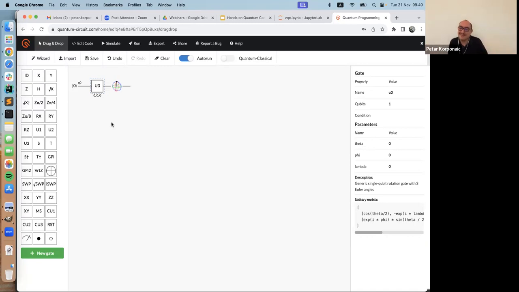Maybe I'm explaining too much, but a quantum circuit is a set of quantum operations, or a quantum program, which consists of multiple matrices, but it's handy to write it in the form